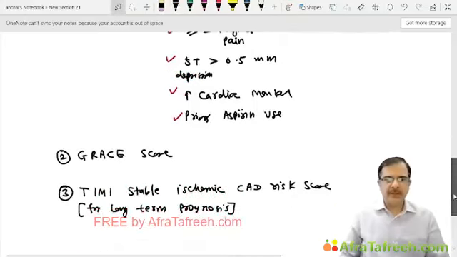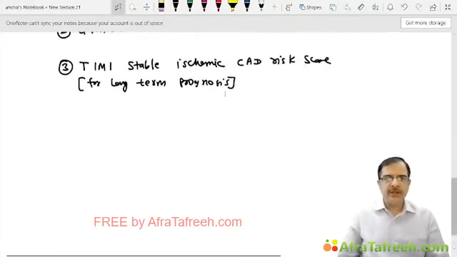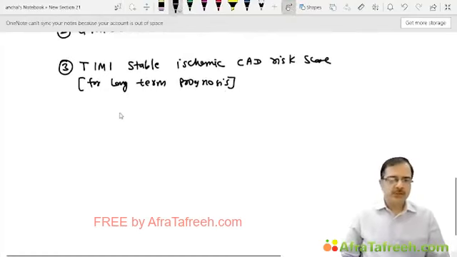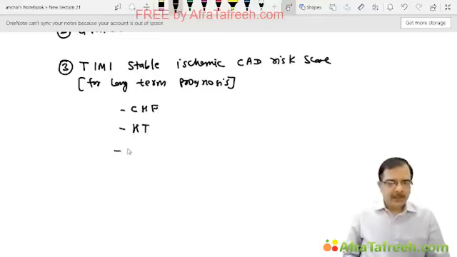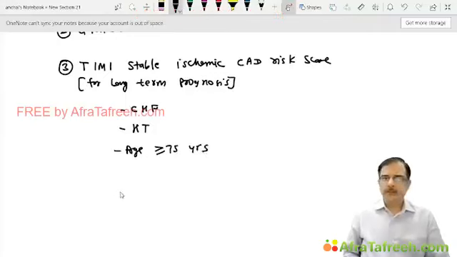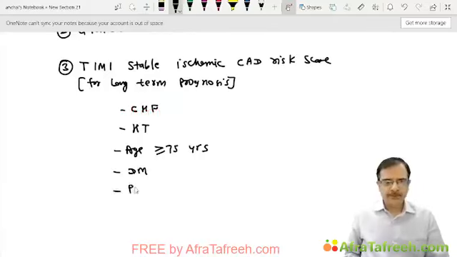So what are the components of this TIMI stable ischemic CAD risk score? The points which are included here are CHF, presence of CHF, hypertension, age more than 75 years, presence of diabetes mellitus, prior stroke,